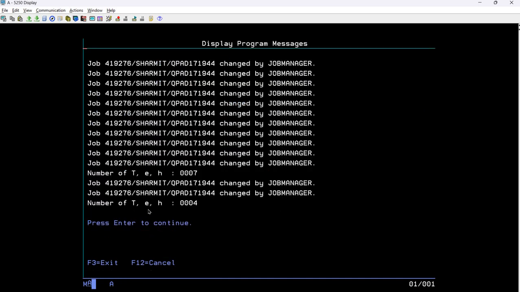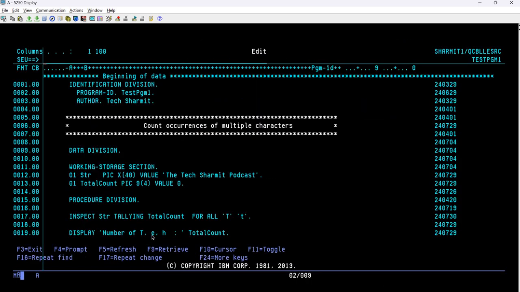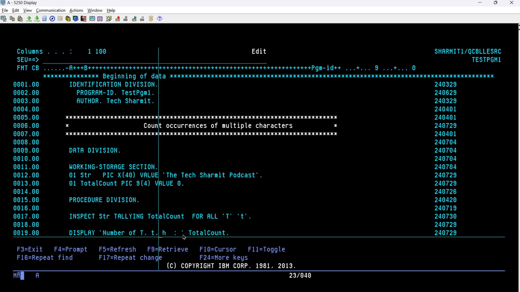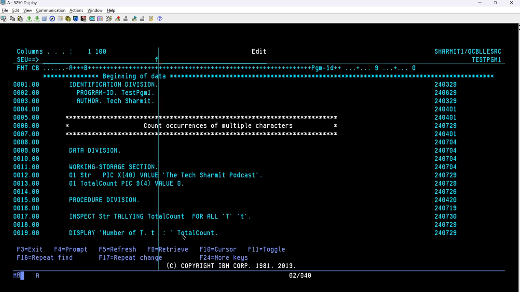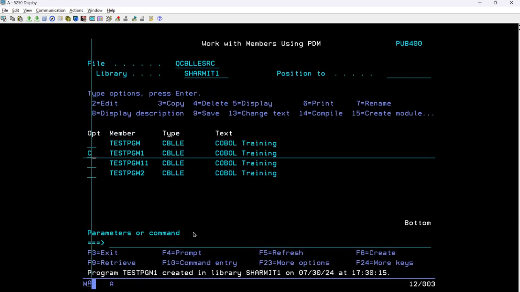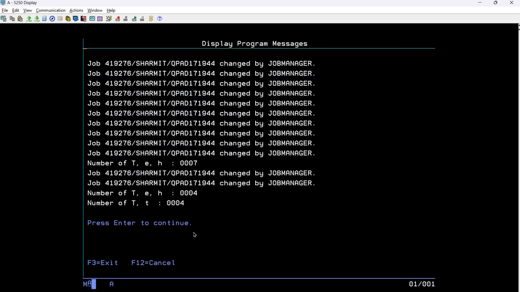Once you call it, you will see the number of, okay, let me change the string text as well, otherwise some viewers might get confused. So I just changed it. Okay, capital T and small t. Now I'll compile it and call it. After the call, you can see capital T, small t, and the output is 0004. And why is it showing the leading zeros? Because we have declared the numeric variable as 4 digits. That's why it is showing 0004.